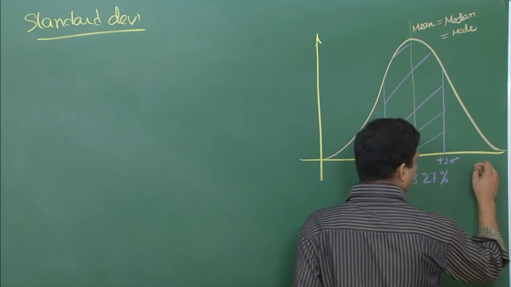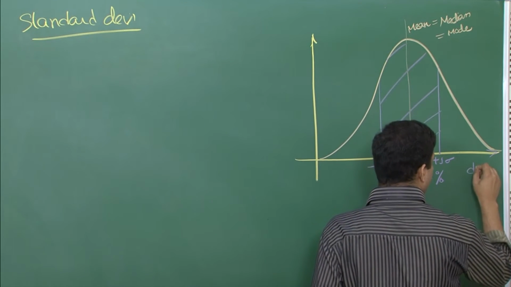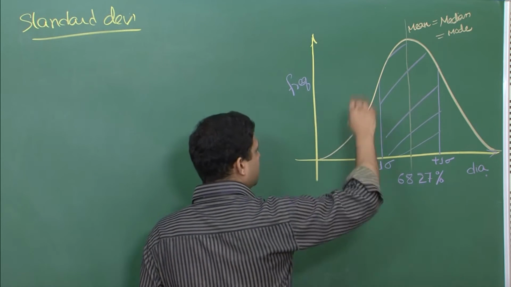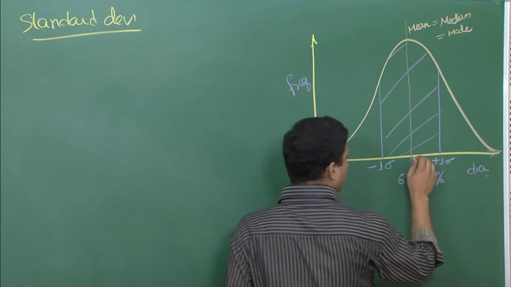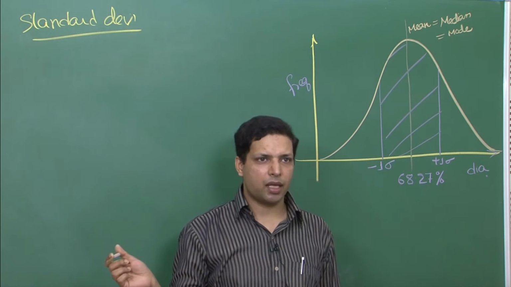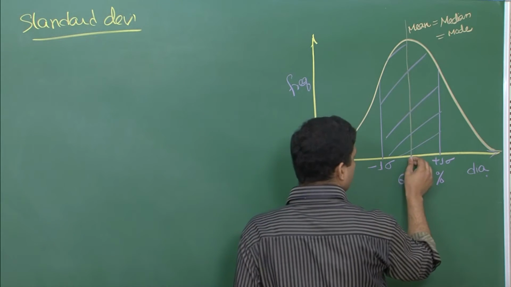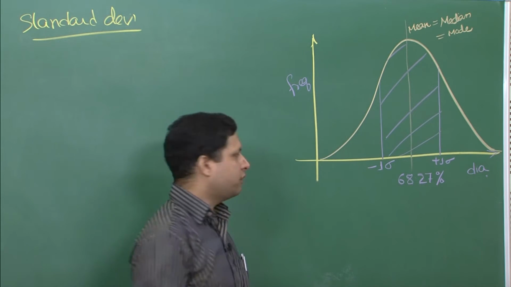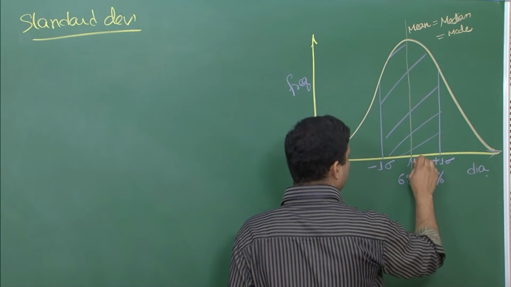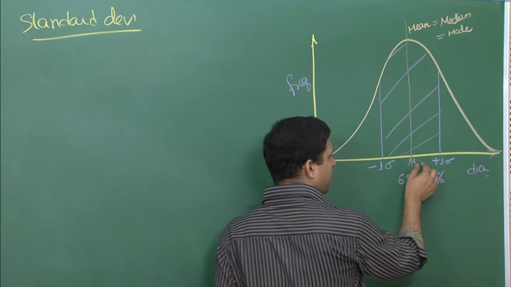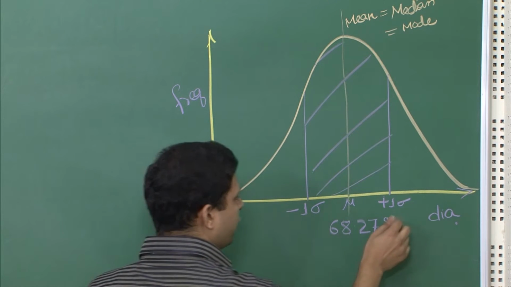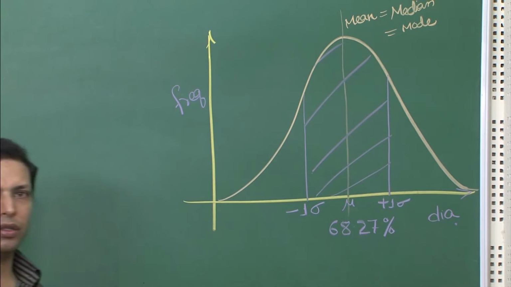So, on the x axis, what do you have here? Do not forget that this is actually a diameter. So, corresponding to this diameter you have some frequency. So, this is describing a distribution, and this is some diameter. For example, in our previous example, it was 50 microns, and we also said that 5 micron is the standard deviation. So, this is minus 5 micron and this is plus 5 micron from this mean value, which is usually denoted by mu. So for this particular case it will be 50 micron, this will be 45 and this will be 55. So, between 45 to 55 microns you should have 68.27% of your particle size.